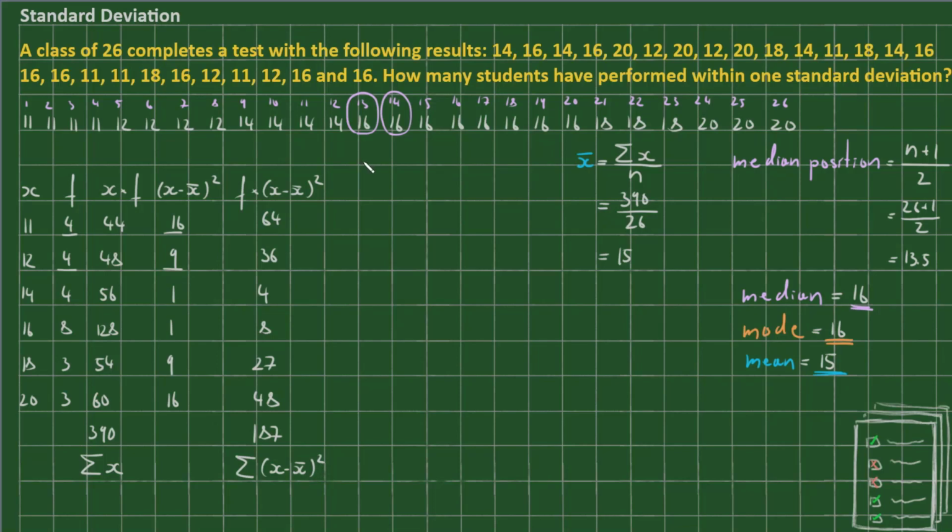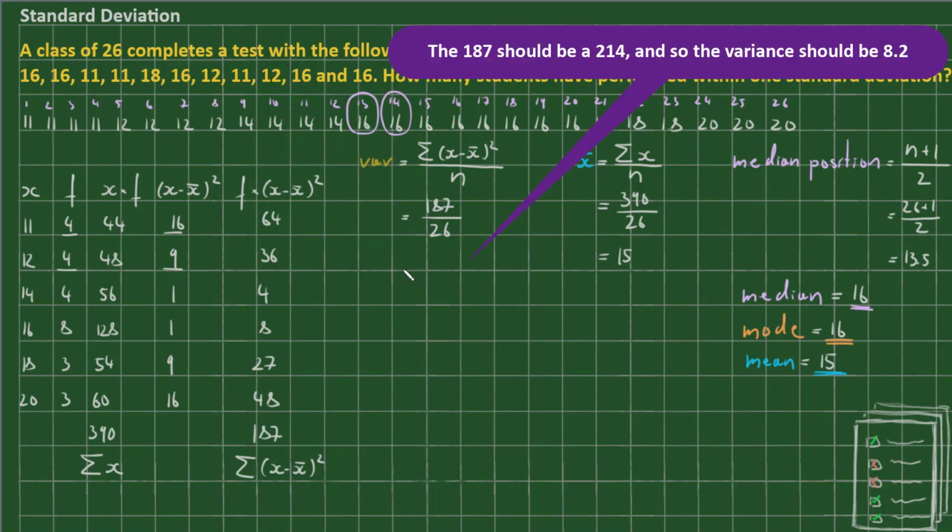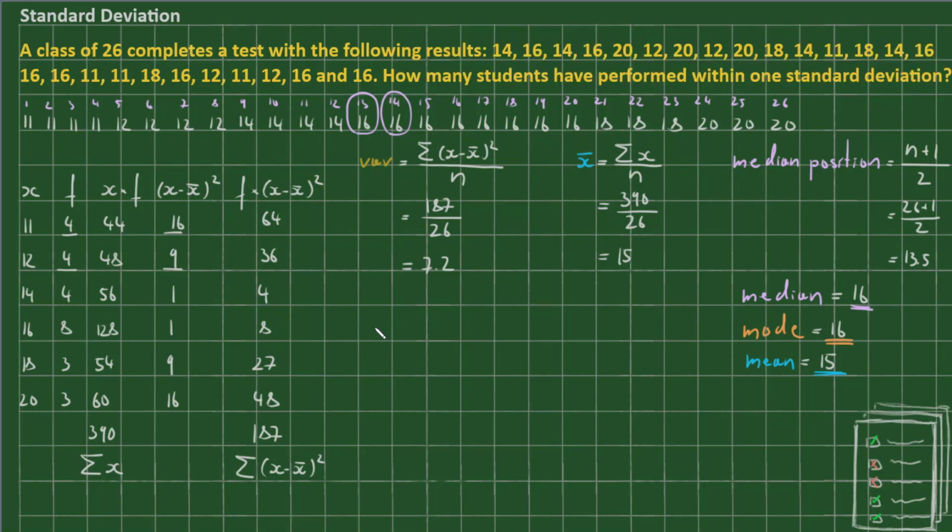The formula for variance is variance equals the sum of all of the x minus x bar squared values over n. In our case, that means 187 divided by 26. And that will give me a variance of 7.2. The next step is the calculation of the standard deviation. The formula for the standard deviation is standard deviation sigma equals the square root of the variance. In this case, this means that we will have the square root of 7.2, and that will give a standard